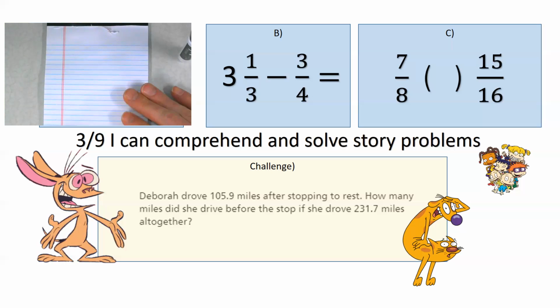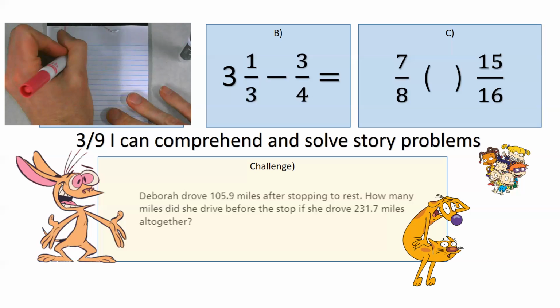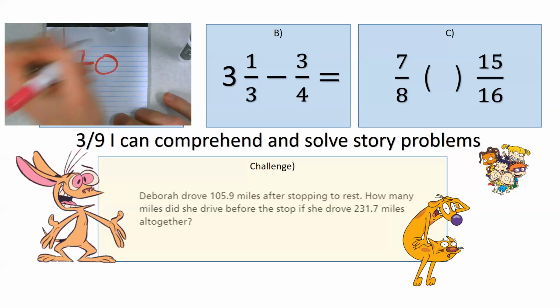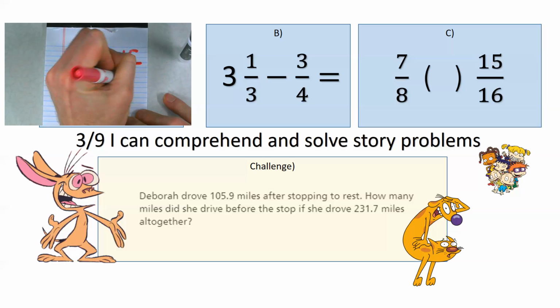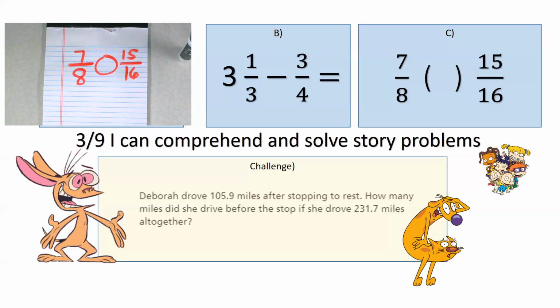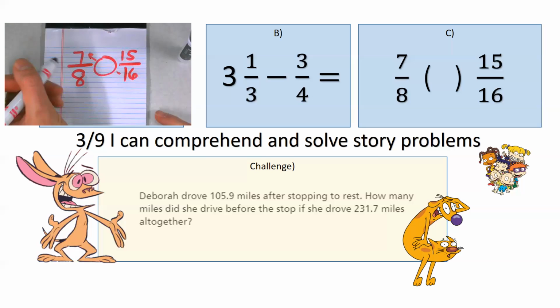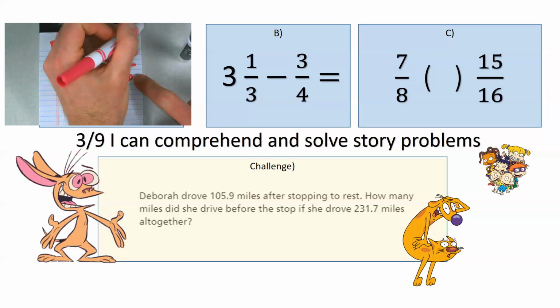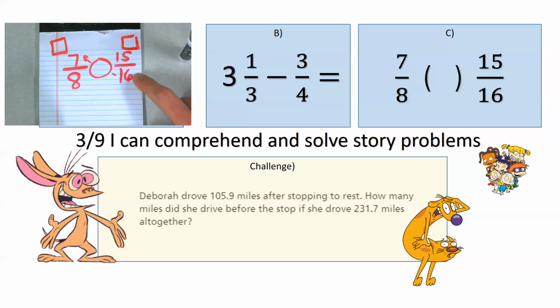Let's go to C. Do you remember how to compare fractions? We have 7/8, and we're comparing 7/8 to 15/16. How do we compare? Well, they have different names, so there's many ways you can compare. One way is turn them both into the same name and then compare that, but the easiest way to do it is multiply the denominator by the other numerator. That equals something, and then the denominator by the other numerator, that equals something, and whichever number is bigger is